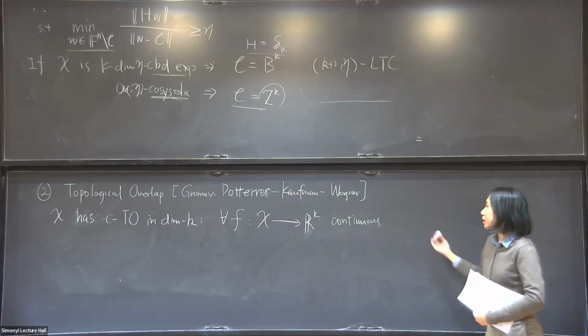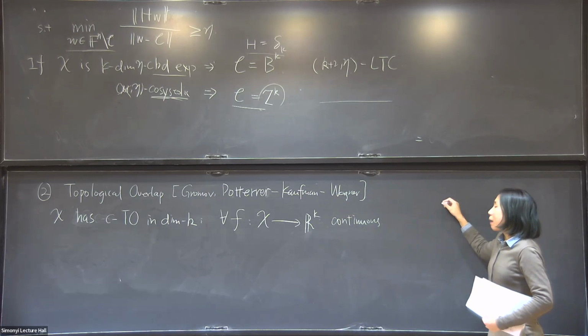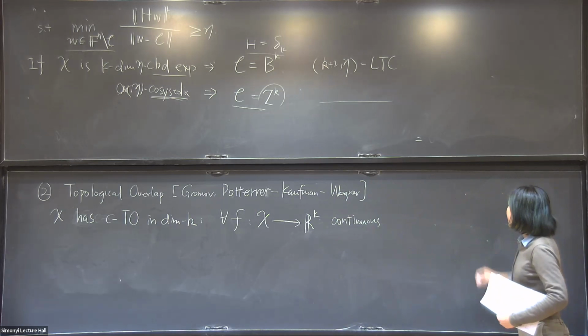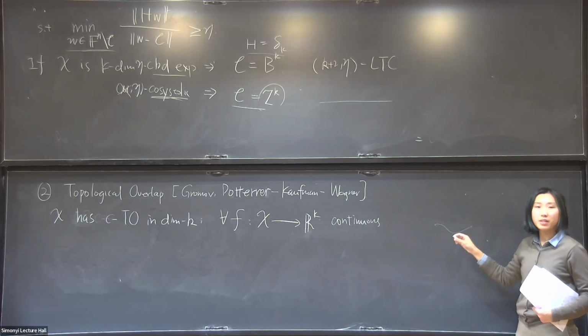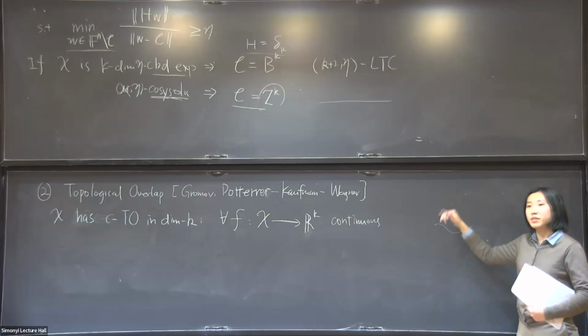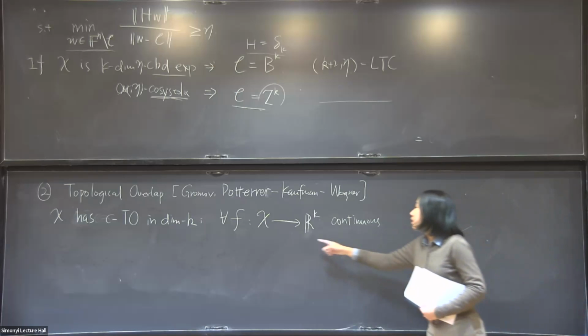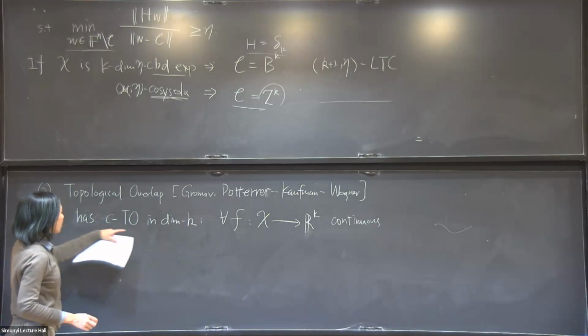One way we can think of it is we first map all the vertices to points in the space, and then we map all the edges to continuous paths in the space, and higher dimensional faces to surfaces in the space. So this is the map, and it has the topological overlap property